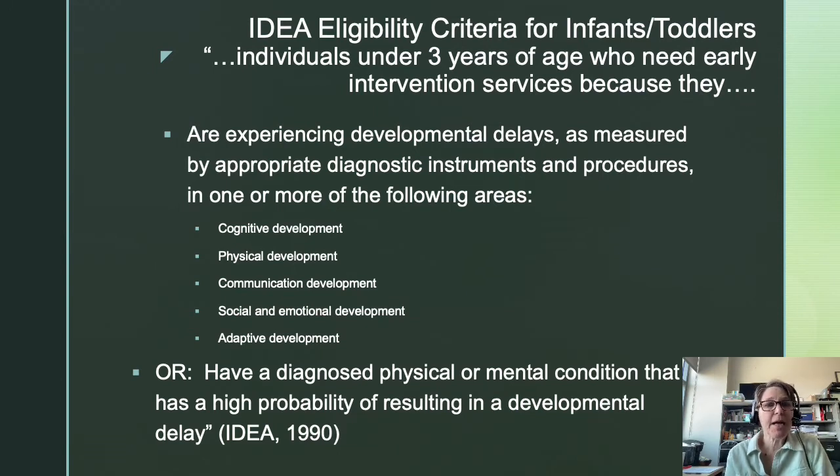In addition, if a child has a diagnosed condition, either physical or mental, that has what the law describes as a high probability of resulting in a developmental delay, that child gets automatic access to early intervention and specialized education. So an example here would be Down syndrome. So the moment a baby is born and identified as having Down syndrome,